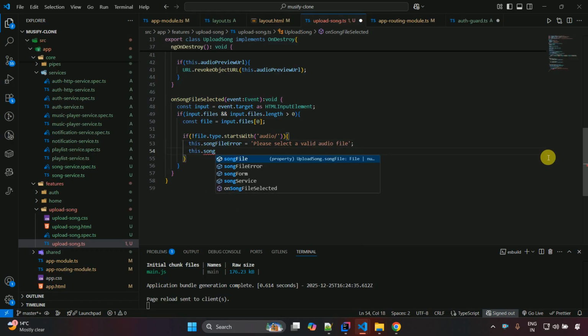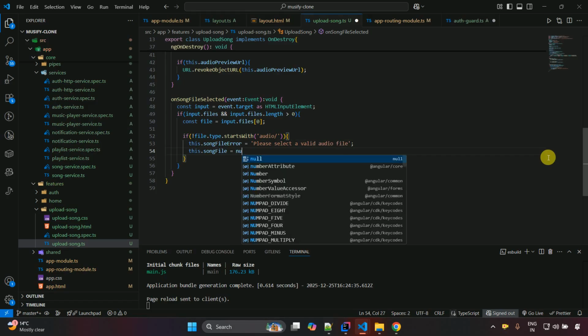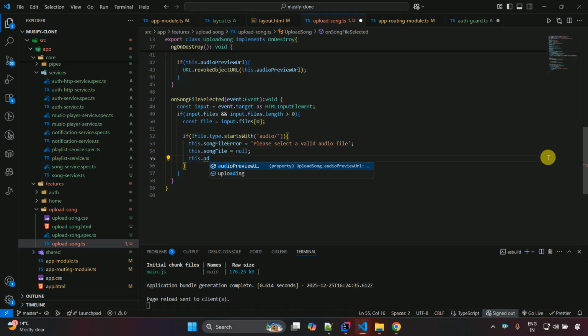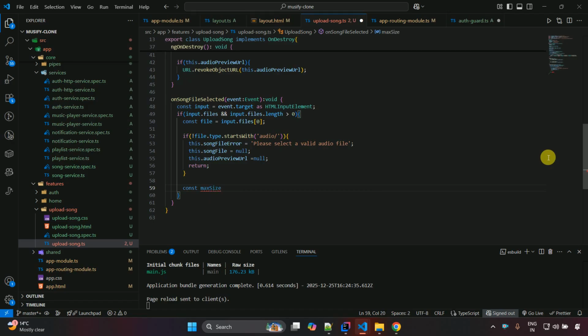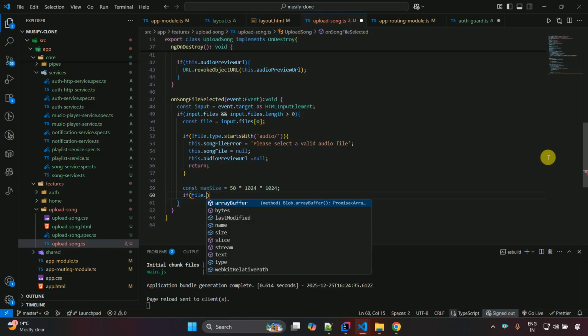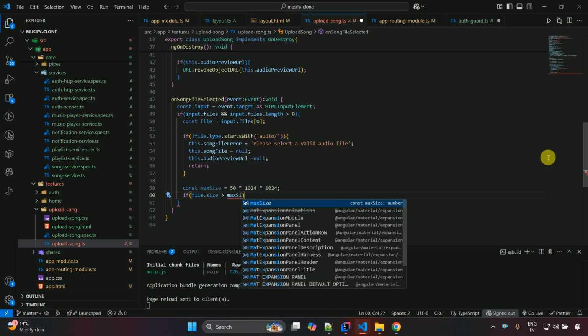This dot song file is set to null, and this dot audio preview file is set to null, and then we are going to just return. And after that, outside of this if condition, const max size, here we are going to declare it, and this one I'm just considering as 50 MB. So this one 1224 into 1224, and if files dot size is greater than max size, then we have to show this error,